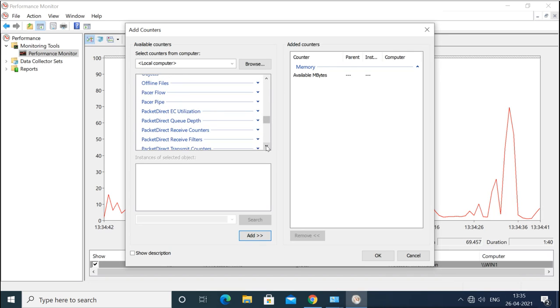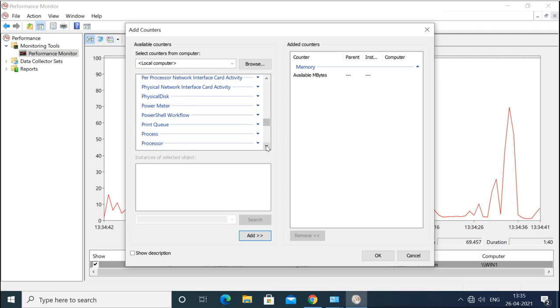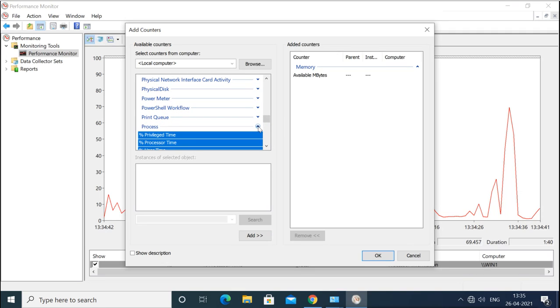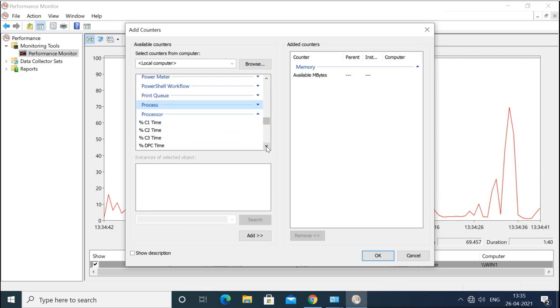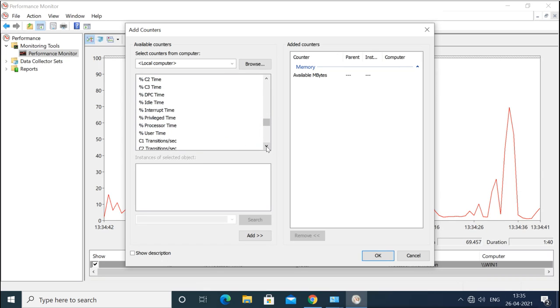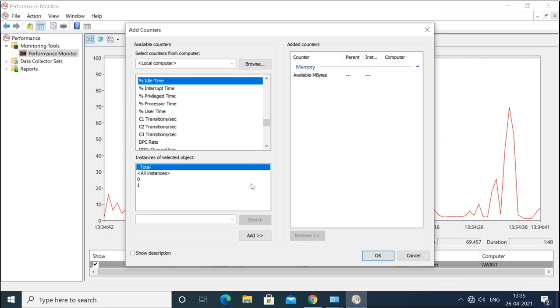So there are lots of counters you have. You can go to processor, idle time.